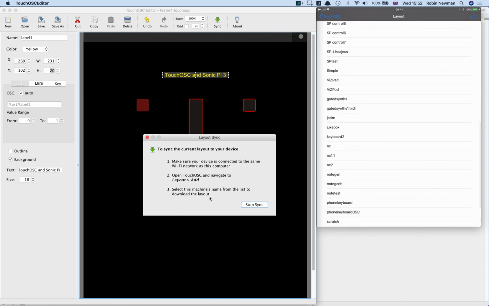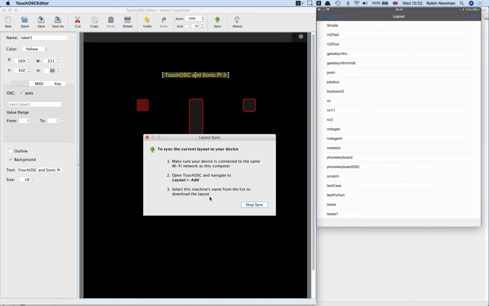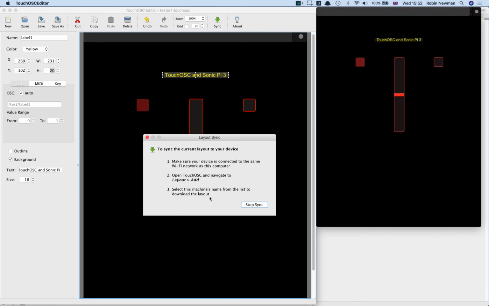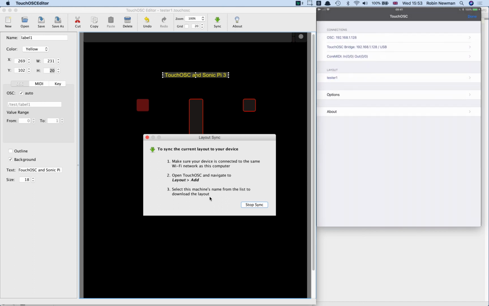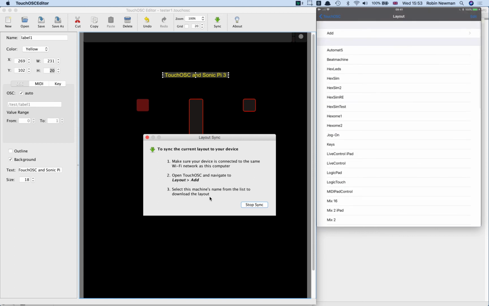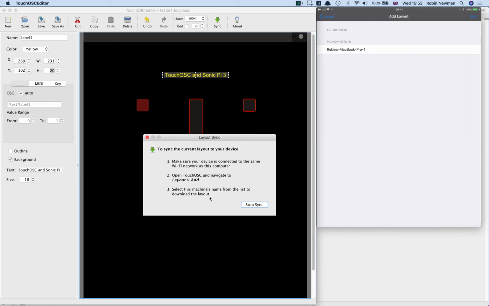And if we look at the bottom, we can see that we've got a file tester1, and here it is. We've just loaded it in. Tester1 is the local one, and if we say done, we can see that we've now loaded that into our machine. If we've edited it and we want to send it again, supposing you're editing as you go along, if we go back again to here and to layout, and go straight away to add and we re-add it,